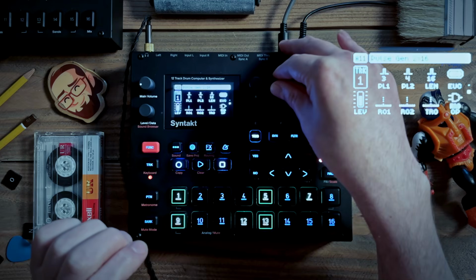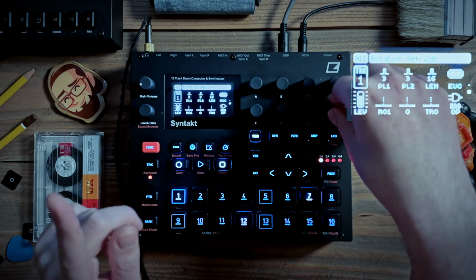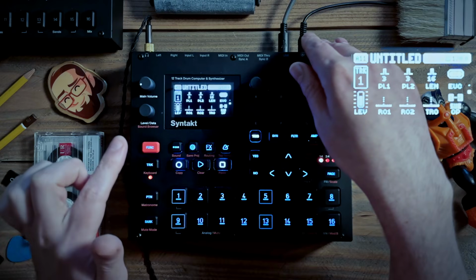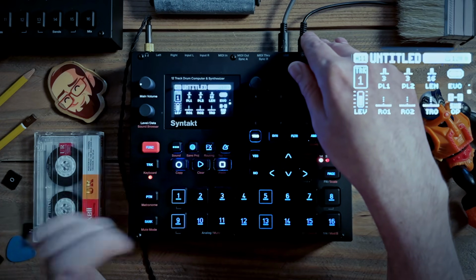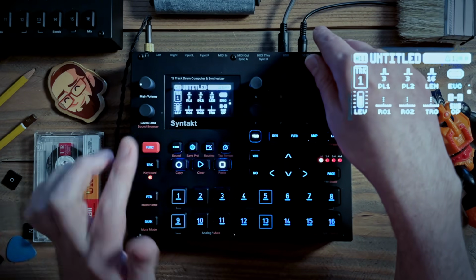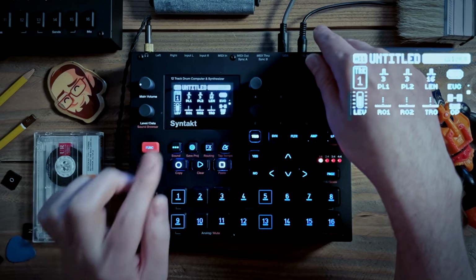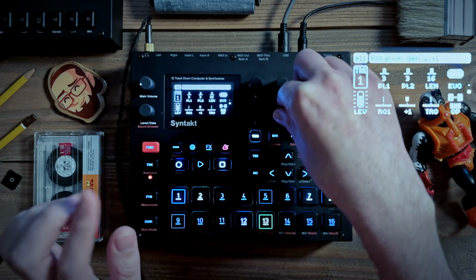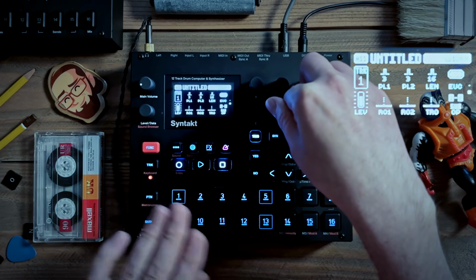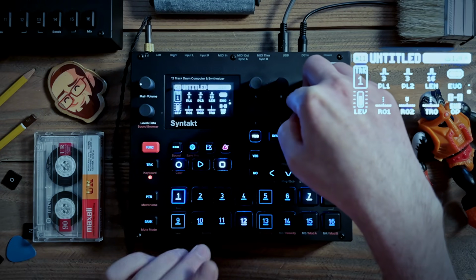All right, let's go back to 3 and 3 to keep it a bit more simple. Now, the fourth one is also interesting because it's sort of similar to the XOR operator in the sense that when the steps are on top of each other, they cancel each other out. But it works a bit differently because, as you can see, the second pulse generator gets subtracted from the first one, and you only hear the first pulse generator at any time. So if I rotate the second one, only the steps from the first pulse generator actually appear. So when they are on top of each other, they not necessarily cancel each other out, but they just get subtracted from each other. But if you offset them, only the steps from pulse generator 1 appear,